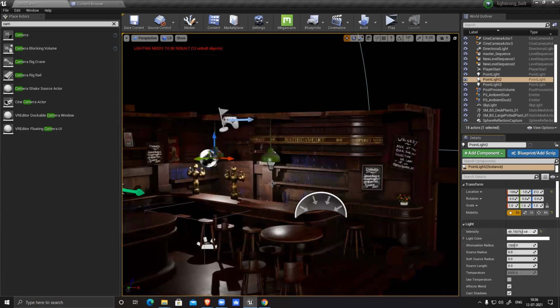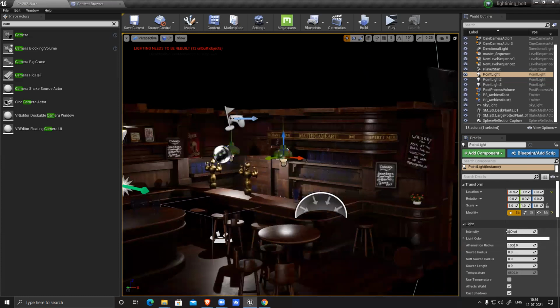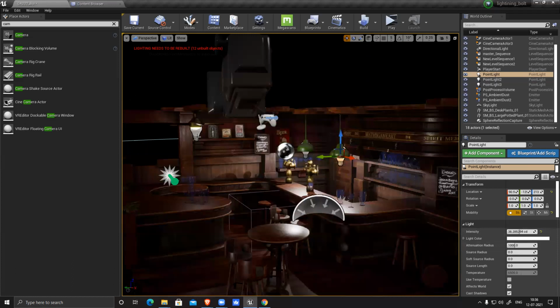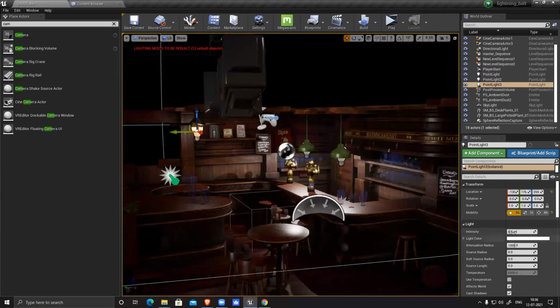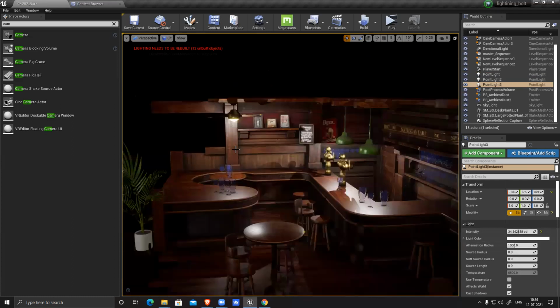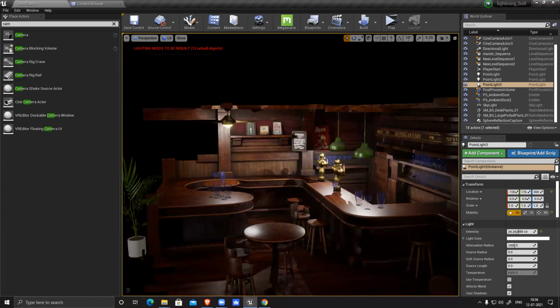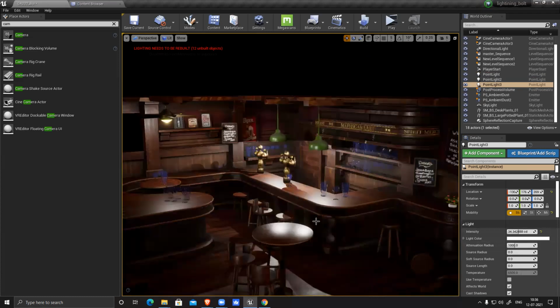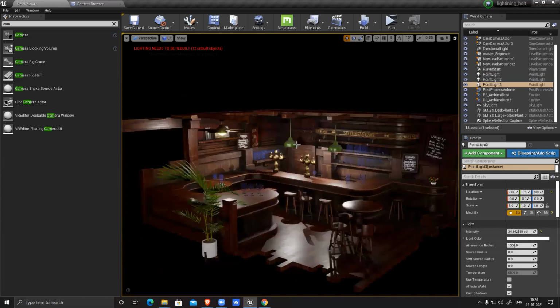And make it a little stronger. So now I can clearly see the light source, shadows, and everything is visible. So everything is compiled.